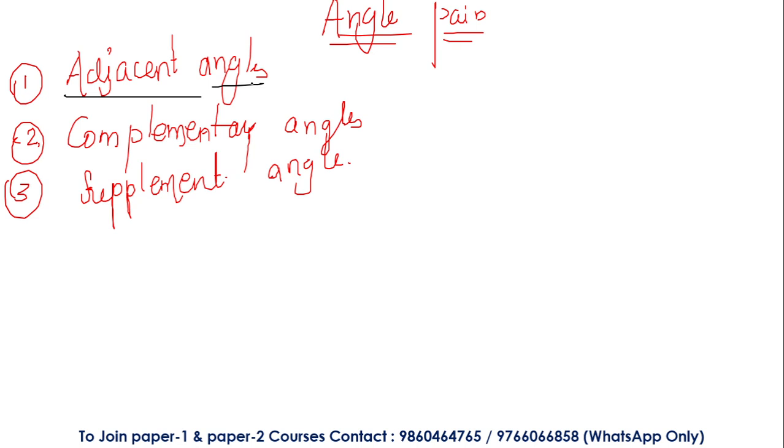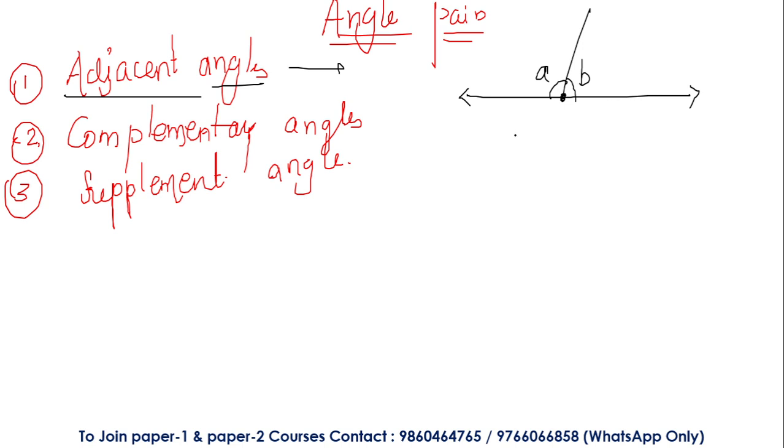angles are adjacent to each other, simply by word also we can say it, and they are originated on the same point. For example, if I take an angle over here like this one, this is for example angle A, this is angle B. These both angles are called adjacent angles, which are near to each other, or we can say these are adjacent to each other, okay, which are nearby each other.